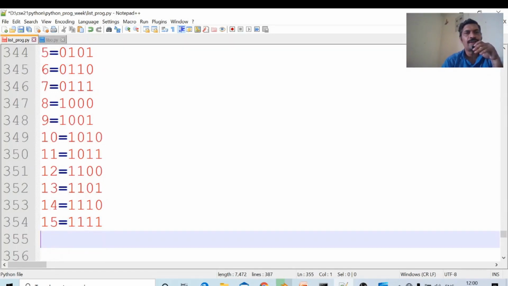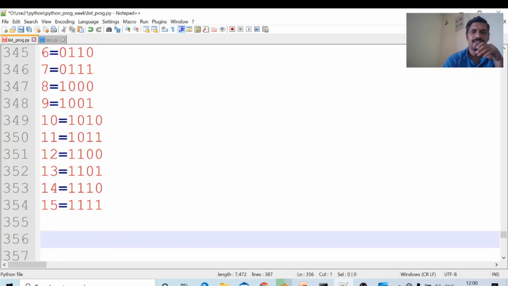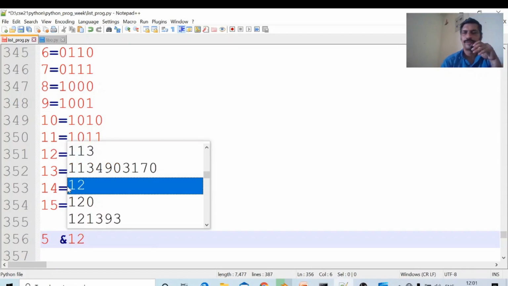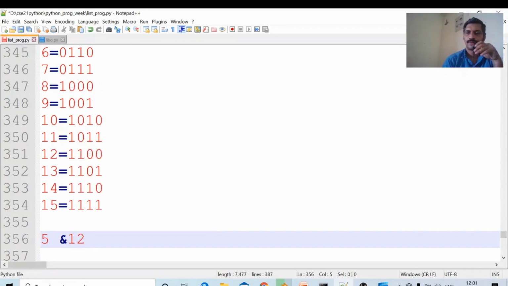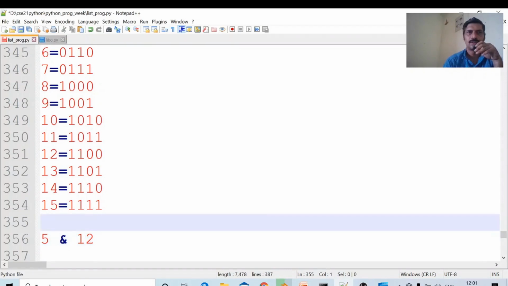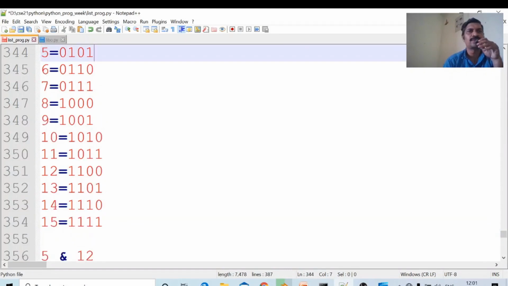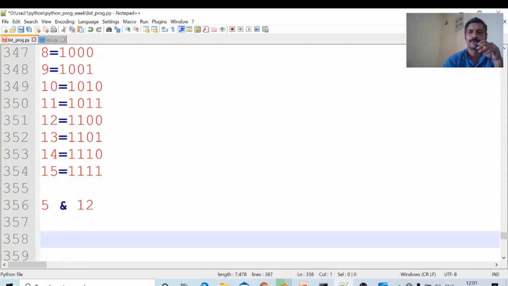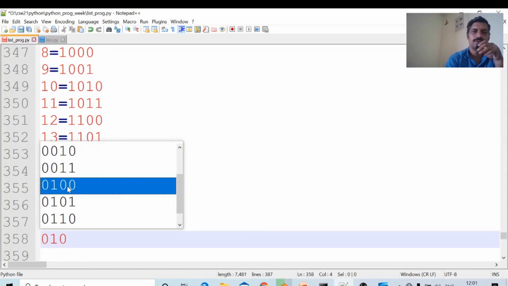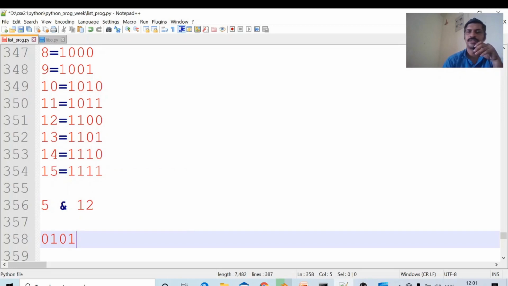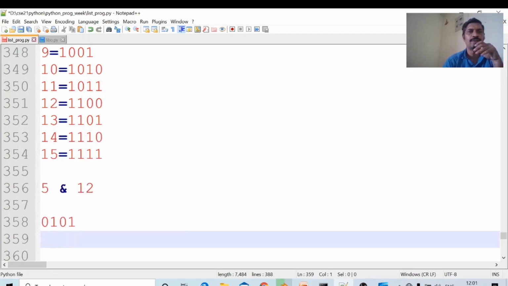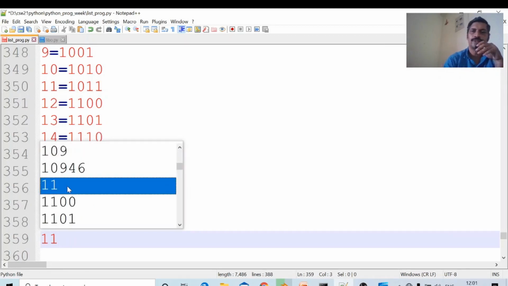5 and 12. What is the value? Okay, 5 and 12. What is the group of bits for 5? The group of 4 bits for 5 is 0101. Okay, what is the group of bits for 12? 1100.